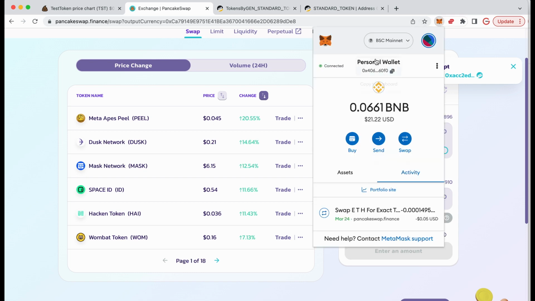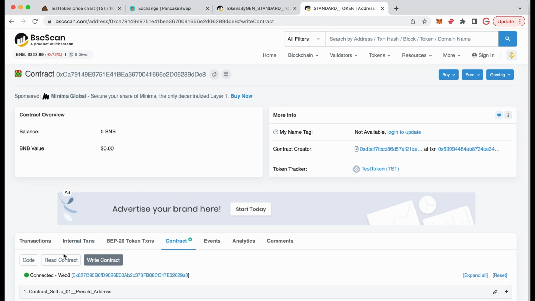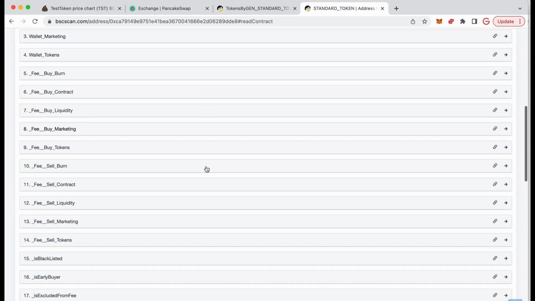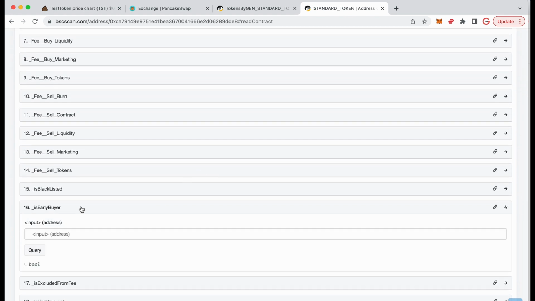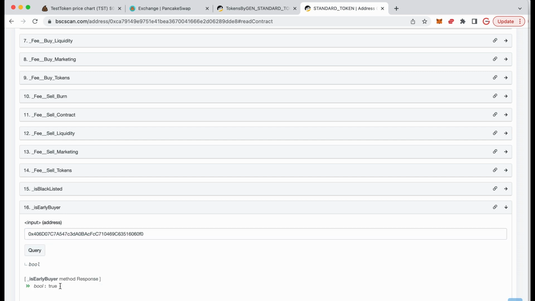So if I grab my wallet address and go over to the actual contract read page, I'll scroll on down, and you'll see where it says is early buyer. If I paste it in, it's set to true. Now that's because I bought tokens really early. So what the owner can now do is have a look at the transaction for this wallet and decide whether or not